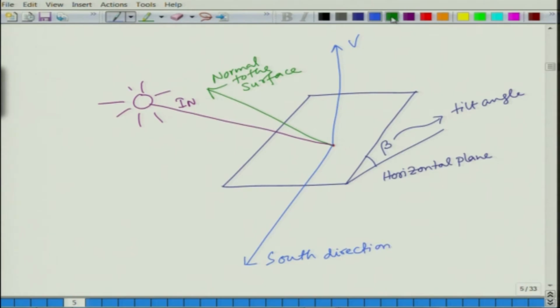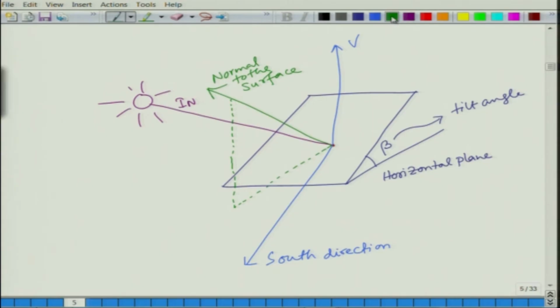Now, we can drop projection of these two important vectors, one is the sun ray, the other one is the surface normal, on this particular horizontal plane. So, if we project the surface normal here, and if that projected point is connected to the observer point, then the angle it makes,